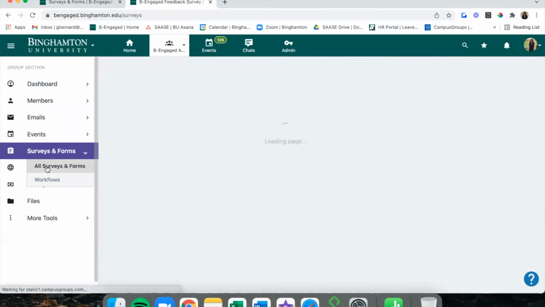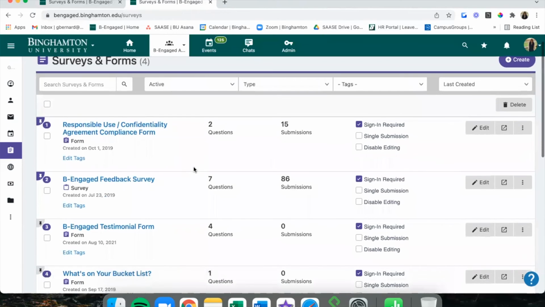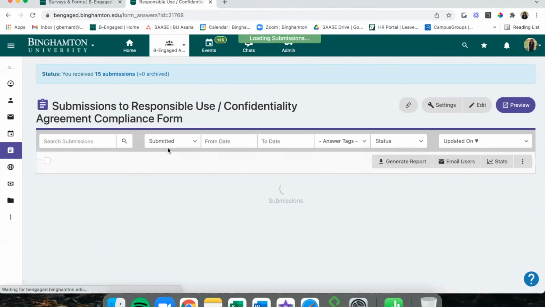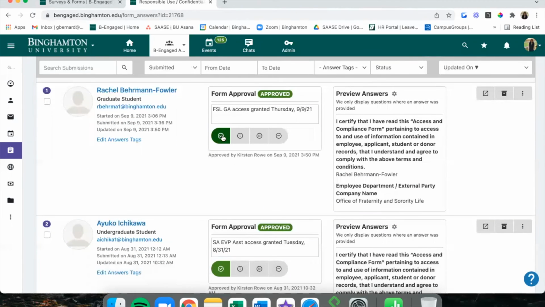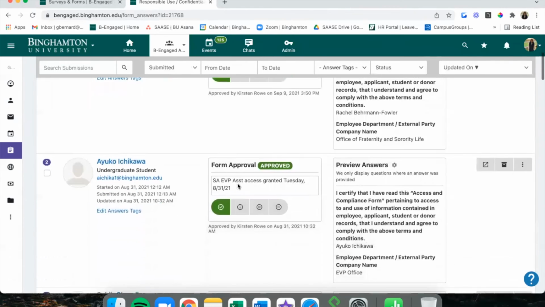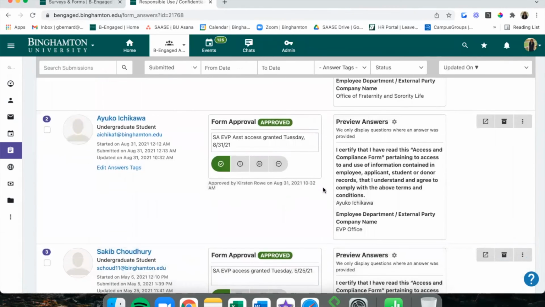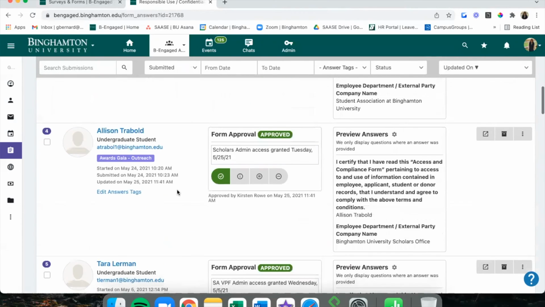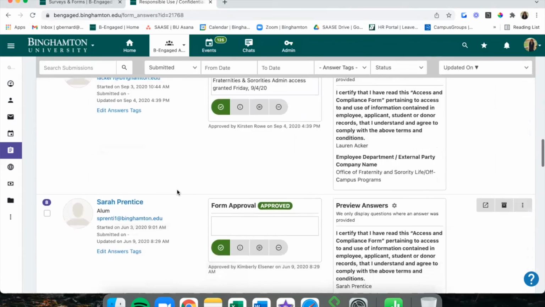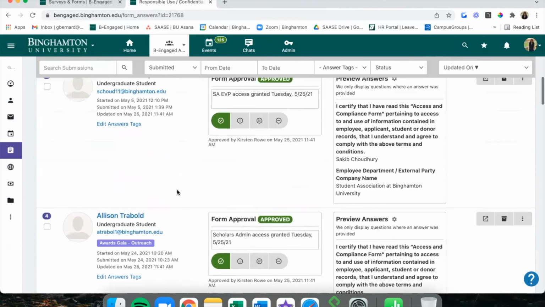So like I said, this is a screen that doesn't have those options to approve, deny, put on hold. But if we go to another one of our forms, you can see we have options here to approve, require modifications, put something on hold, or reject a form. So we still have those same preview answer options, but we have the additional little approval box here where you can also add notes. So you can see all of these that we have here.